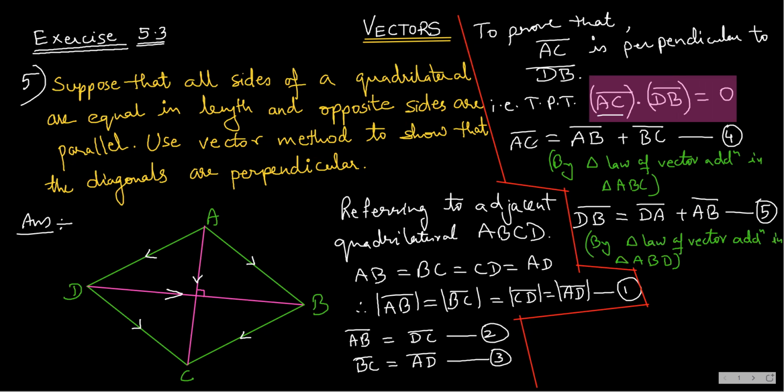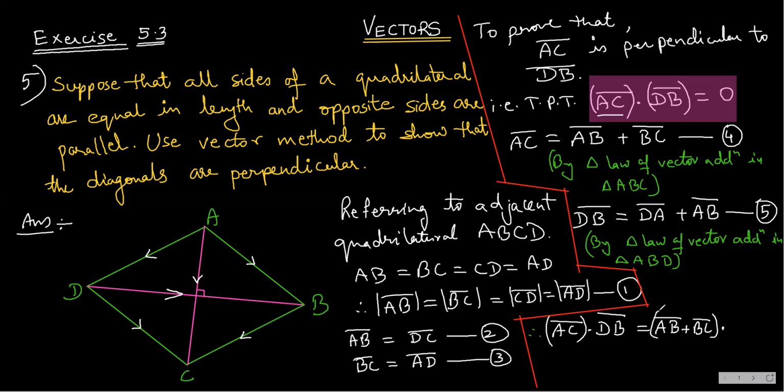Now I will go for the dot product of AC bar and DB bar. So I write here, therefore AC bar dot DB bar can be written as, see, for AC bar I will write AB bar plus BC bar. So here, AB bar plus BC bar